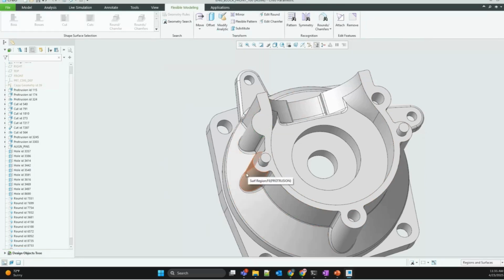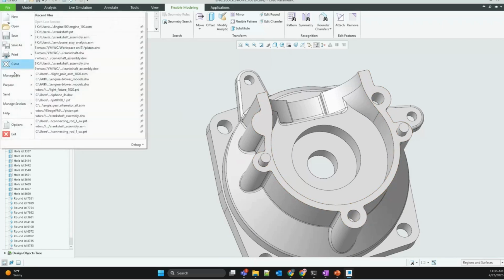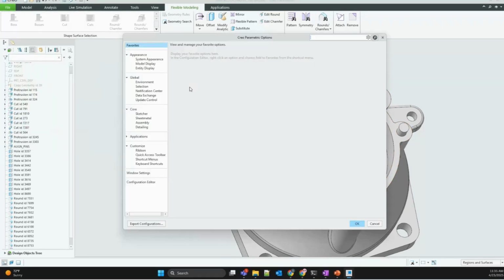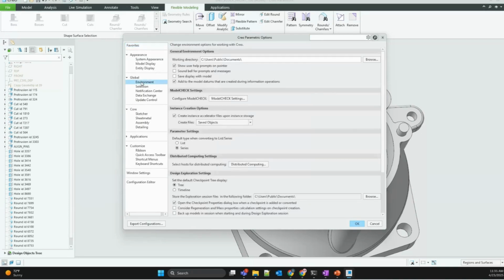Now one of the things I can do here is, if I want to create this multiple times over because I have a whole bunch of things I want to defeature, we'll go ahead and create a map key. So I'll go to File Options, and it's going to be under environment, and then